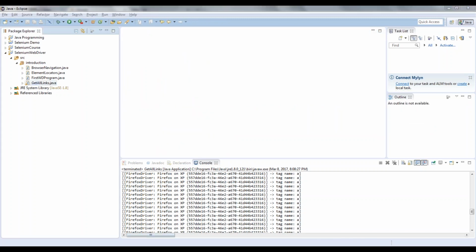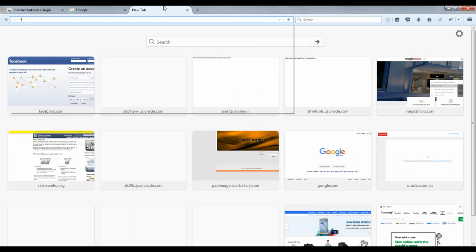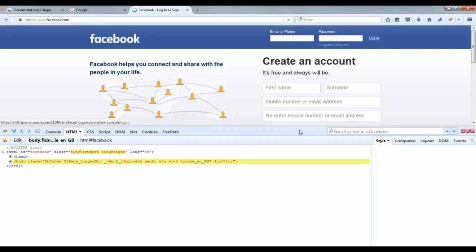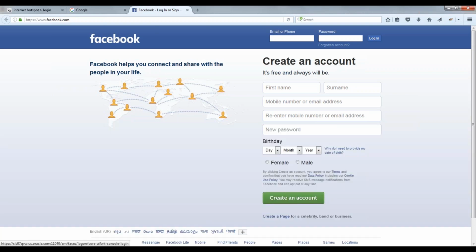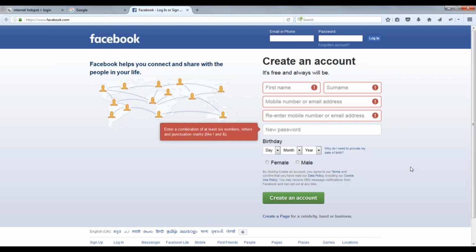So let me take up one more example. Let us go to facebook.com. We will do an exercise here as per your request. I want to enter some values inside this field. Let us have this as an interactive one.